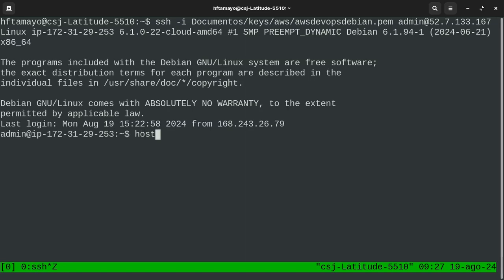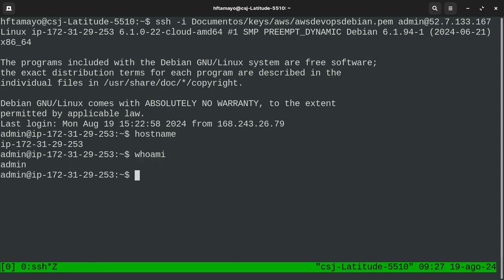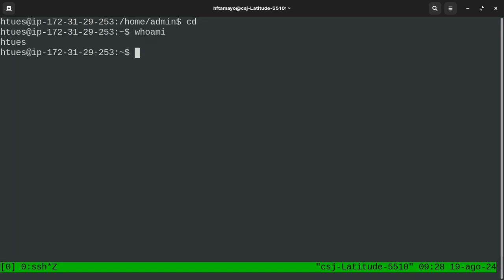Alright, so as you can see, I'm using a different host and I'm running this task using the admin account. So it is not a good idea to use high level accounts to run our daily tasks. So for that, I will switch to an account inside my OS. Right, so since this is a less privileged account